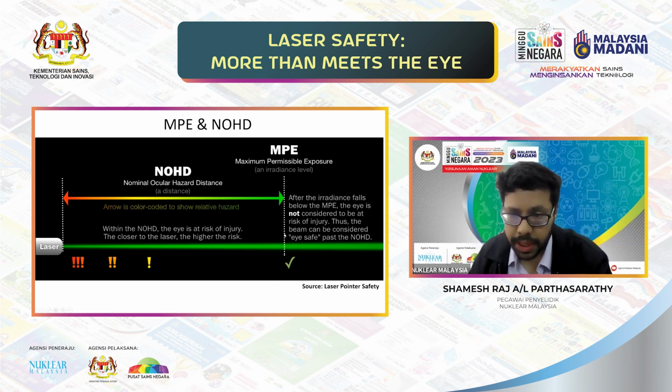So this is the MPE dividing line. After this particular line, this is the safe distance. Whereas at this particular point, the nearer you are to the laser itself, the more dangerous, or the more prone you are to getting a retinal injury. So based on this safety assessment from all the 60 laser pointers,